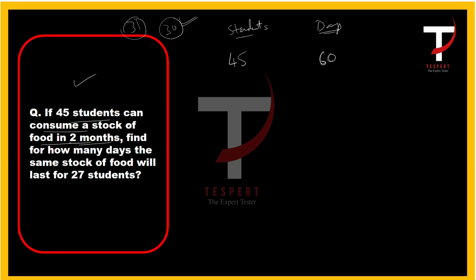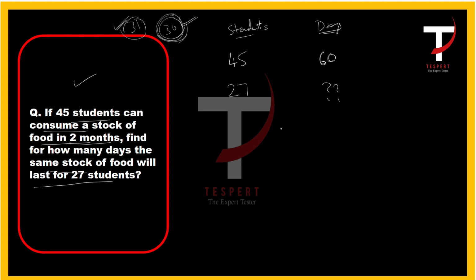If it is specifically mentioned that we must consider 31 days per month, then we have to take this. But nowhere it is mentioned, so we must take the standard expression, standard form, which is 30 days per month, right? So for 2 months it's 60 days. And for how many days the same stock of food will last for 27 students. So for 27 students,